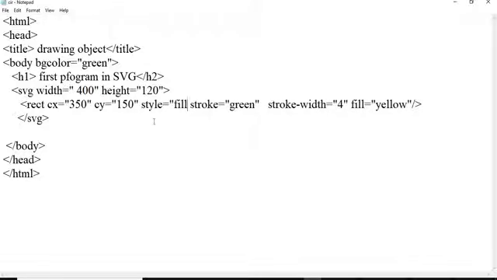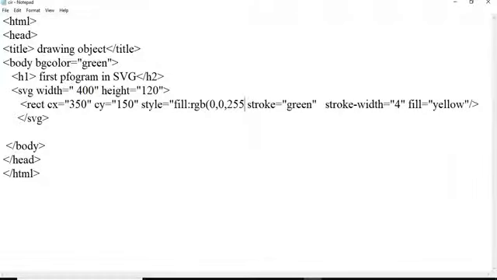So fill I will give in RGB form, like 0, 0, 255. So I will have the parameters to fill in RGB form. So I am going to close this style.